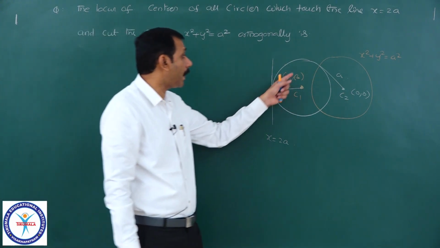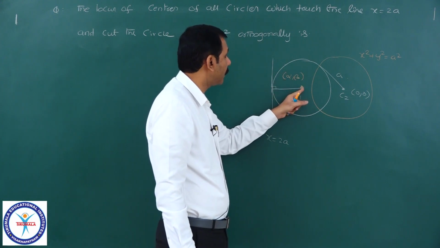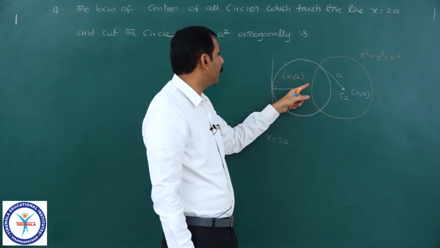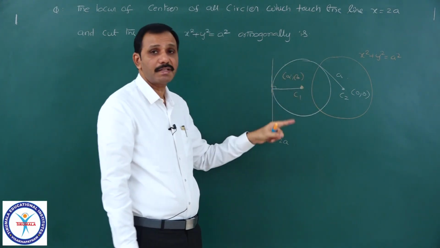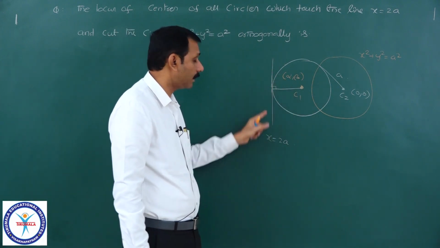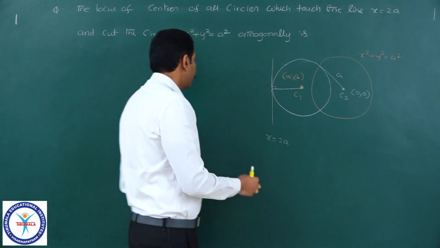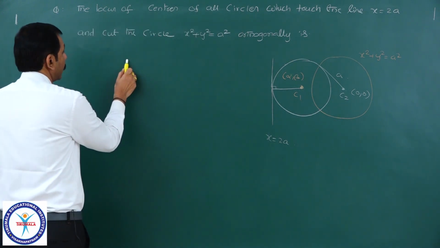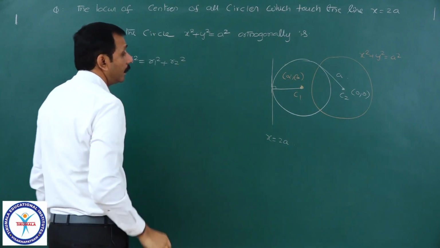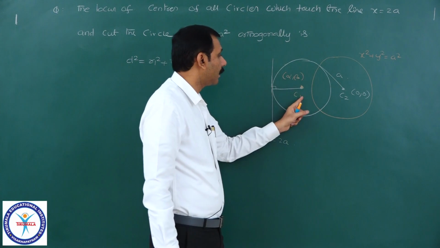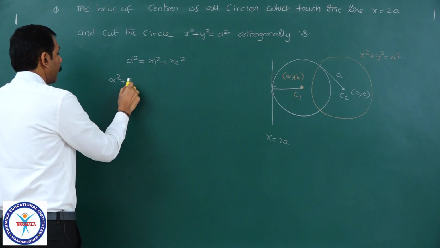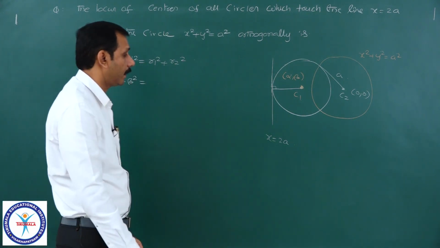In the previous problem, because a point on this circle was given, the distance from center to that point was equal to the radius, which we had taken. Here, what they have given is a line touching this circle, which means the radius is equal to the perpendicular distance from center to that line, that is the tangent. Now also the same concept: because the circles cut each other orthogonally, d square is equal to r1 square plus r2 square. D means the distance between the centers, here alpha comma beta and 0 comma 0. Therefore, alpha square plus beta square is equal to r1 square.